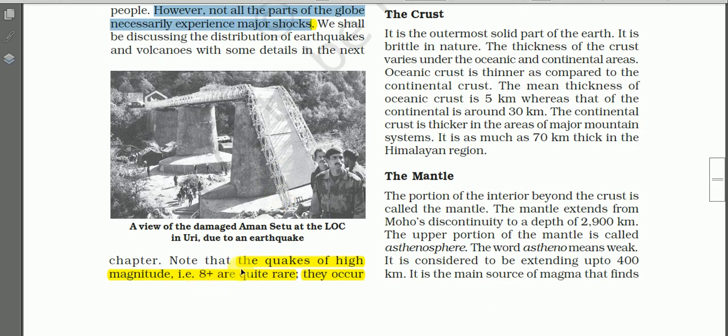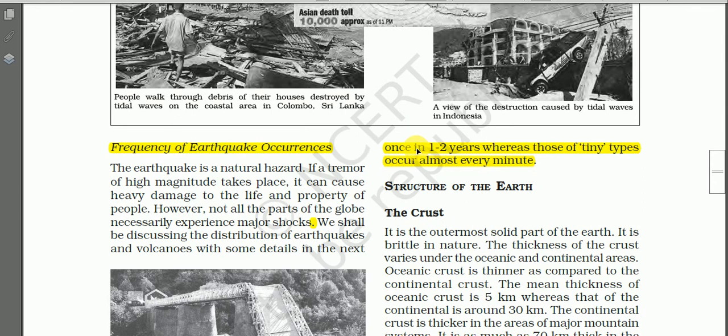And see here, you must know that earthquakes of high magnitude, that is magnitude 8 plus on the Richter scale, are quite rare. Earthquakes of 8 or more than 8 on the Richter scale are very, very rare, and they occur only once in 1 or 2 years, whereas those of tiny type,